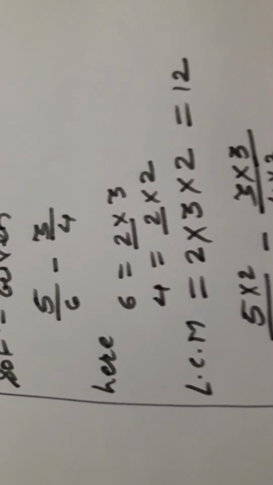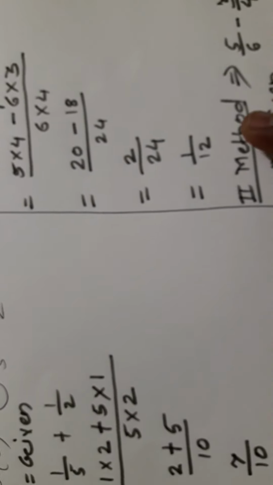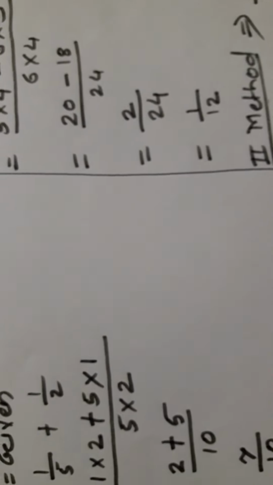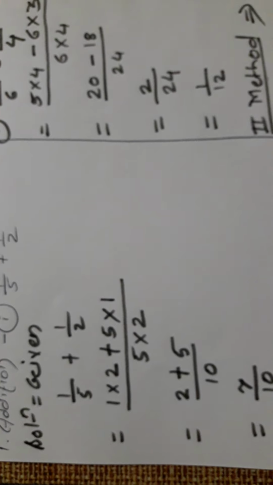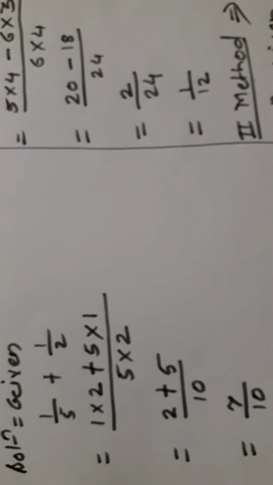Got the idea? Okay. Like that we have to find the subtraction of unlike fractions. Write it in your notebook. Try to understand both the methods. Whichever method you feel is simple, try to write it in your notebook. Otherwise, first of all write both the methods, and whichever you feel is simple, practice that. Okay. Thank you, students.